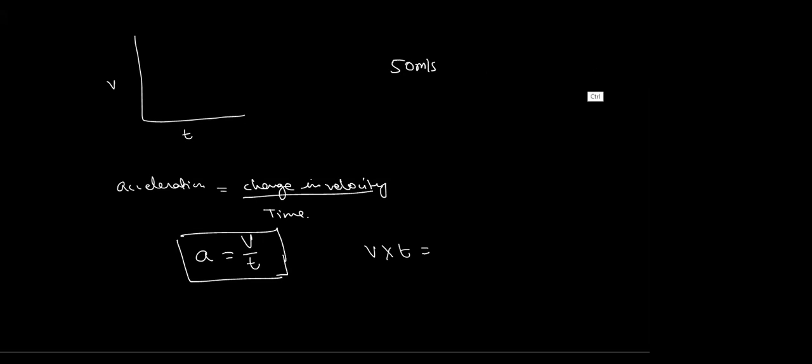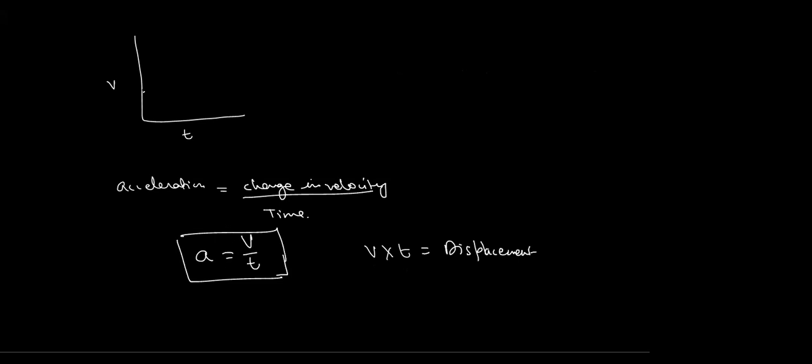Okay. So in a similar way, if I multiply v into t, I will get the displacement unit. So when we have v into t, it means the displacement, and when we have v by t, that means the acceleration. Whenever we have two quantities in the p upon q form, then the slope of that line, what does it mean?